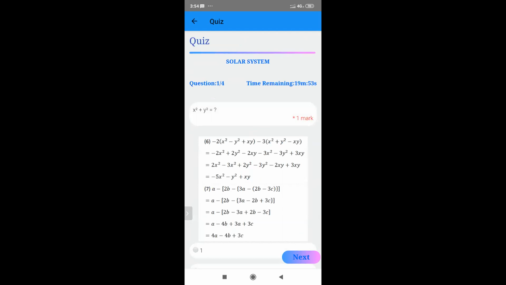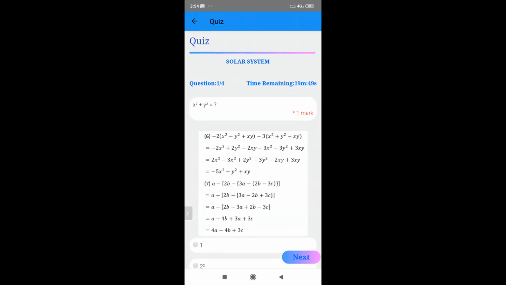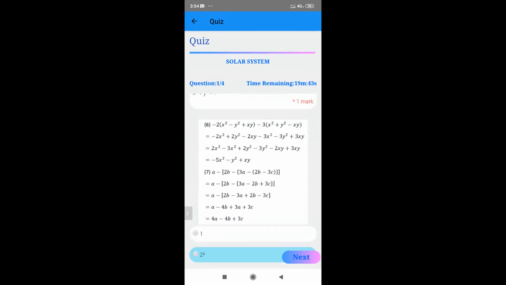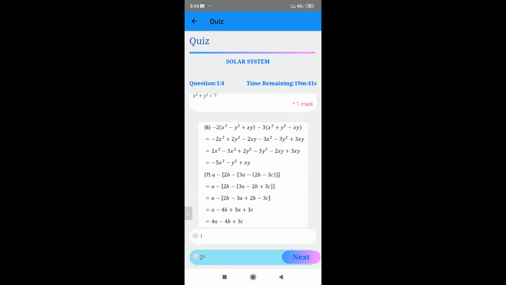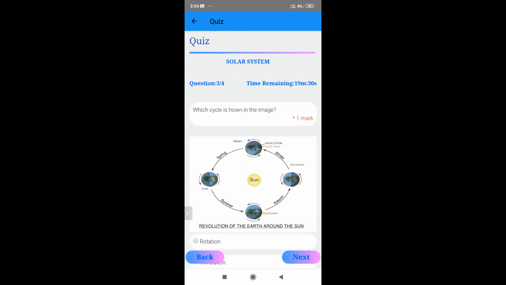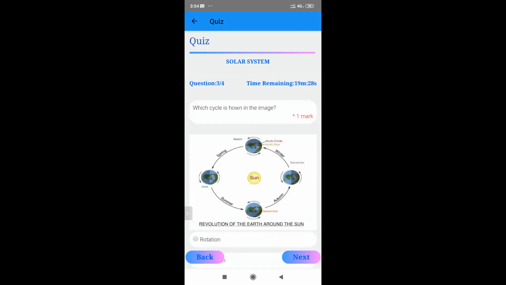So I'm not going to be able to see them in the same sequence. As I did it randomized, I'll be able to see the questions randomly. I can select which one is the correct answer. Now, like I said, for equations, if you add images like this, it will be much easier for the student. So it's very user friendly and very easy for the student side also, because they're easily able to see what's there.